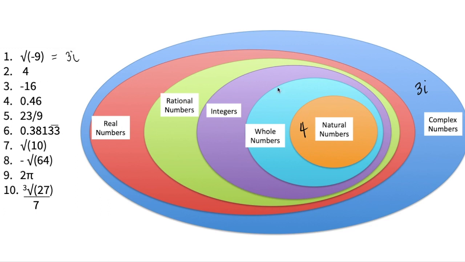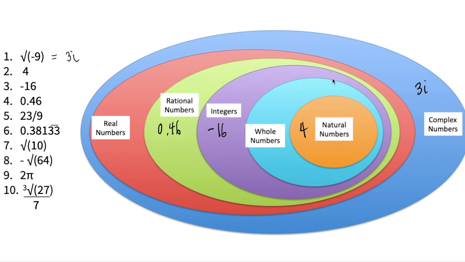Negative 16. So, alam natin na ang negative 16 is also a real number, a rational number, and an integer. Question, is it a whole number? No, kasi ang whole numbers natin would only include natural or positive numbers and 0. So, dito siya sa integers magpo-fall under. How about 0.46? 0.46 is a terminating decimal. So, pagdating dito, saan siya mapupunta? Rational or irrational numbers? Papasok siya sa rational numbers.